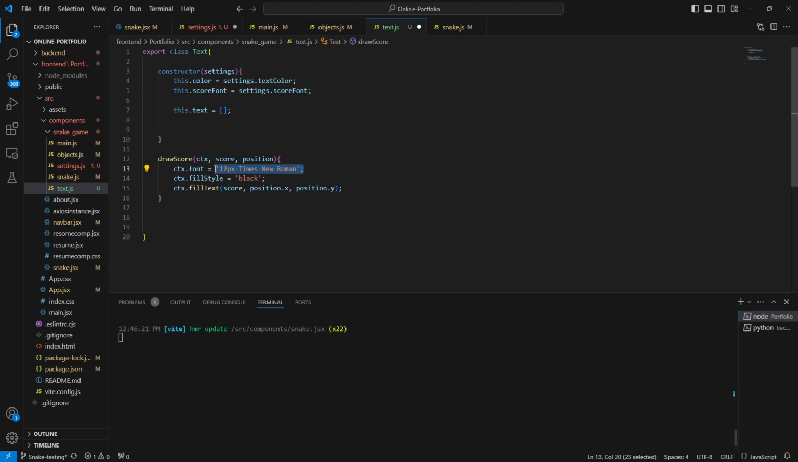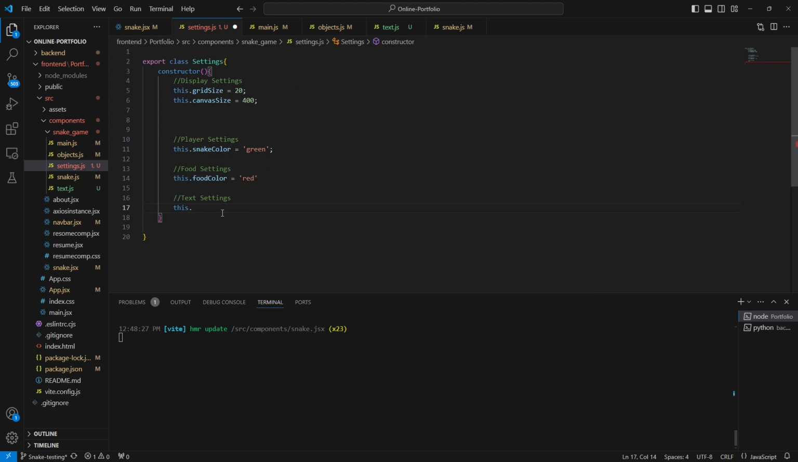And then now we just gotta update this to this dot score font, and then this dot color. Then we should get the same behavior. I just gotta make sure to add these objects into the actual settings file. So I believe this was black, and then this dot score font was 12 pixels Times New Roman, and then I forgot to add semicolons. Okay,